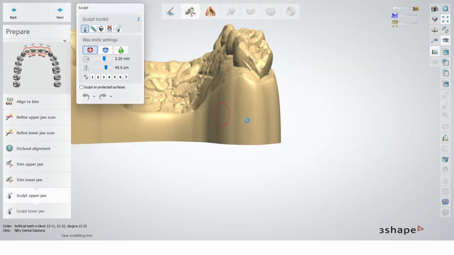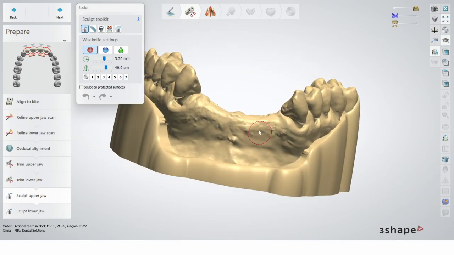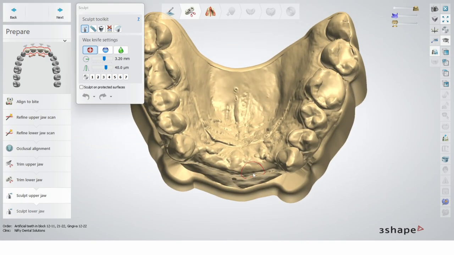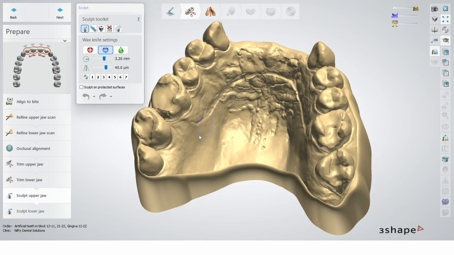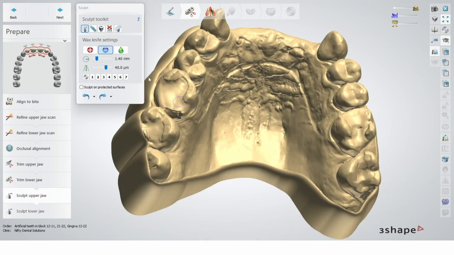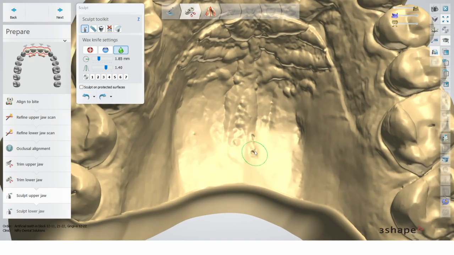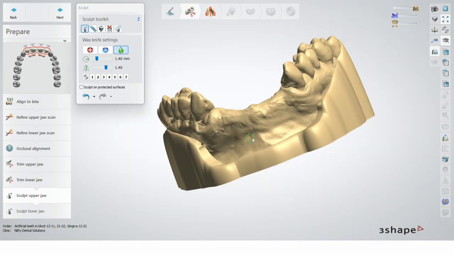We're now ready for the last two steps of the preparation, which is the scull upper jaw. In this stage, we can modify the scan if we want to maybe add a post-dam in the back. Now, this is not the case, but I can show you what you can do. So if you want, you can just drag a line for the post-dam, or you can use the smooth tool to remove some of these details or some imperfections, like for example here and there.